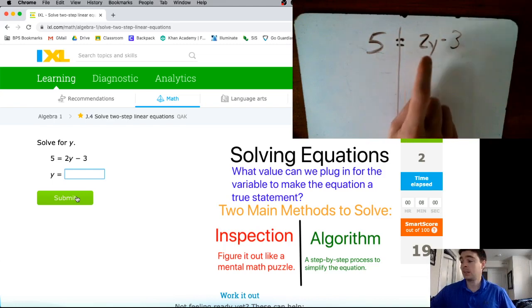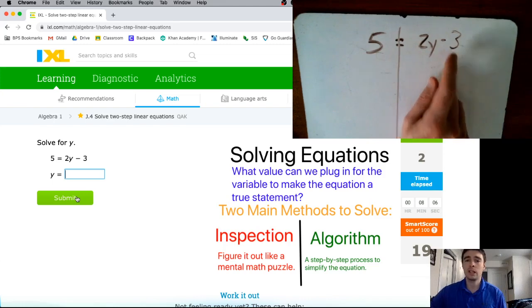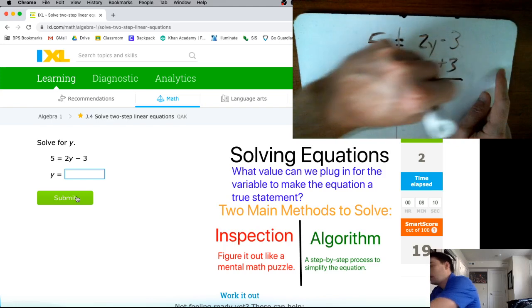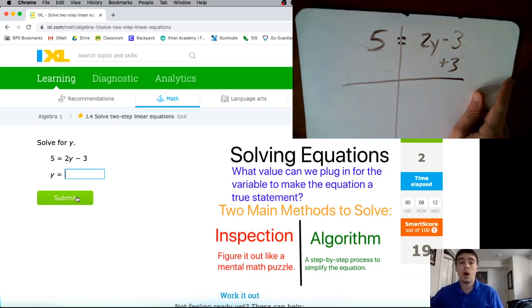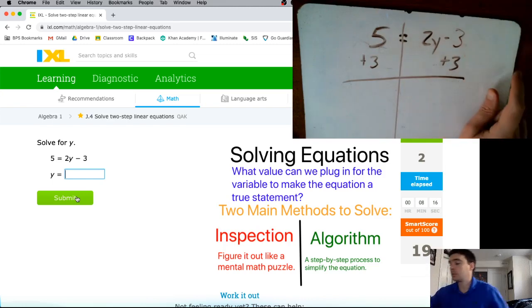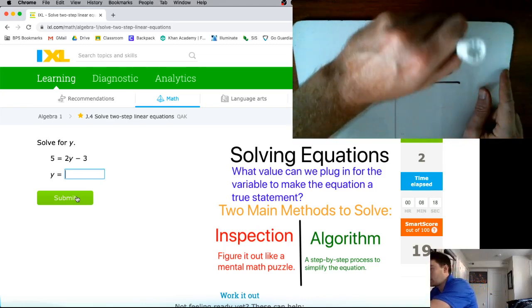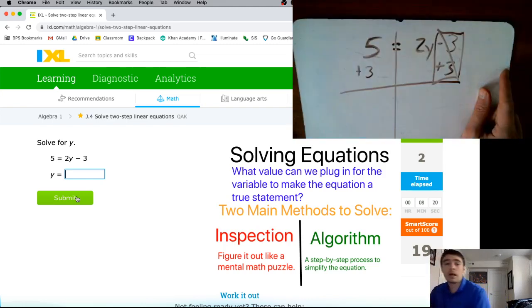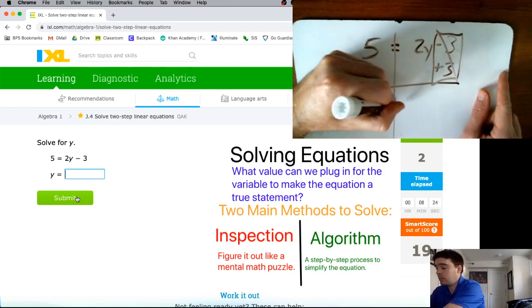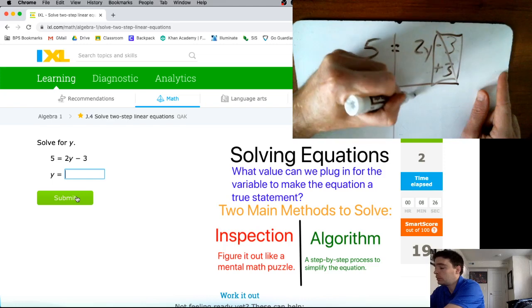So my job is to get the y all by itself. I'm going to leave it on the right side, but get rid of everything else. First thing I want to get rid of is the negative 3. And again, we get rid of subtraction or negative terms by using addition, because that's the opposite of subtraction. Positive 3 minus 3 would make 0. They cancel each other out. So my equation simplifies to say 8, because that's what 5 plus 3 gives me, needs to be equal to